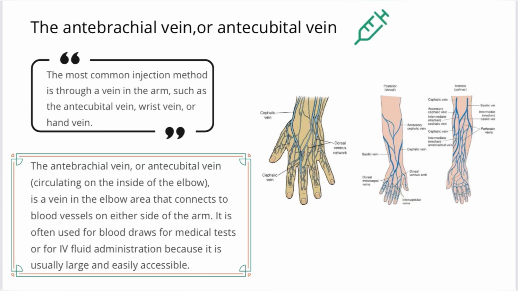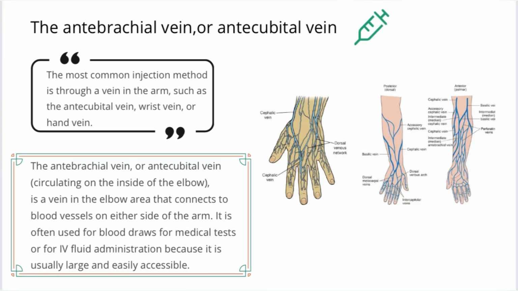It is about the median cubital vein, or we can call it the intercubital vein. Actually, the most common injection method is through the vein in the arm, such as the intercubital vein, wrist vein, or hand vein. The median cubital vein is a vein in the elbow area that connects to blood vessels on either side of the arm. It is often used for blood draws for medical tests or for IV fluid administration because it is usually large